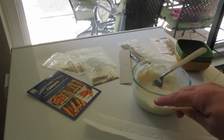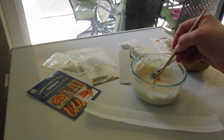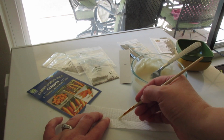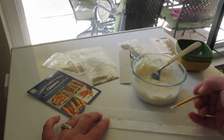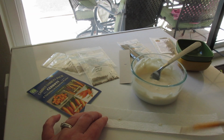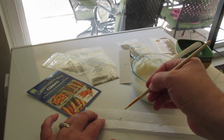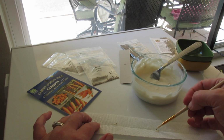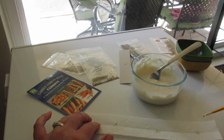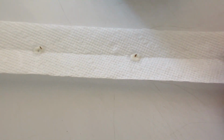got my little strip here, and I'm going to just get a little bit of the flour, and I'm going to put it right here where my dot is. I'm going to get another scoop right there and right there, and then I'm going to come in and get a seed. So see, that was a lot easier to just get one and drop it right on there, and get another one and drop it on there, and another one. You can see that I've got a seed in each place where I've got my flour gel, and now I'm just going to fold this over